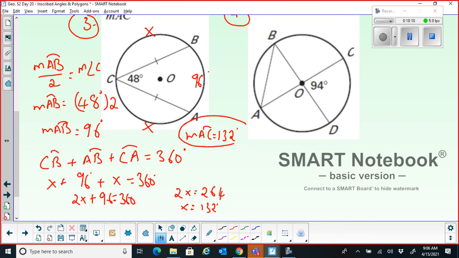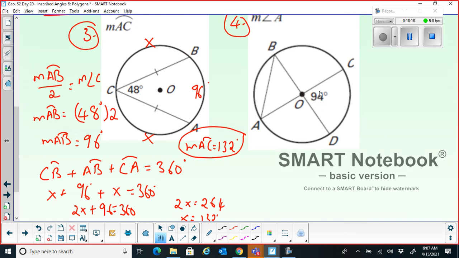Let's try the next one. They have given this as 94 degrees and they are interested in finding the measure of angle A. To find measure of angle A corresponding to this, I need BC. Do I have this? No, I don't know this. So let me put a question mark. To find this, I need the central angle. Do I have this? As of now, I don't have this. But I know this one, and the sum of these two should be 180. So let's go in reverse order. The sum of these two should be 180. So the first thing I can find, this question mark, I can find as 180 minus 94. I wanted this.